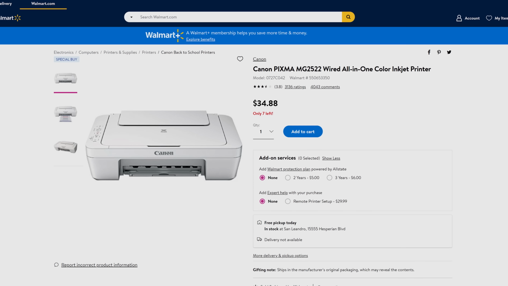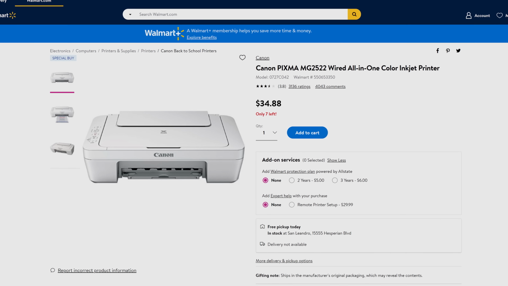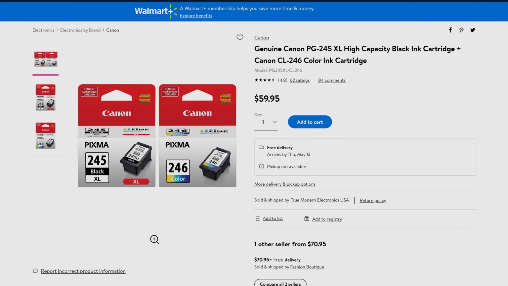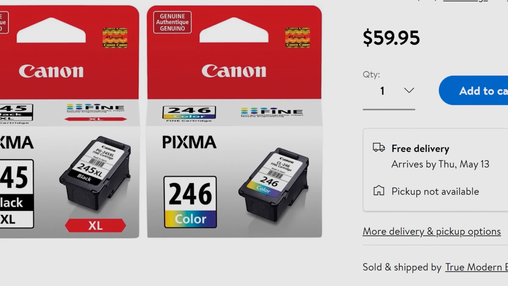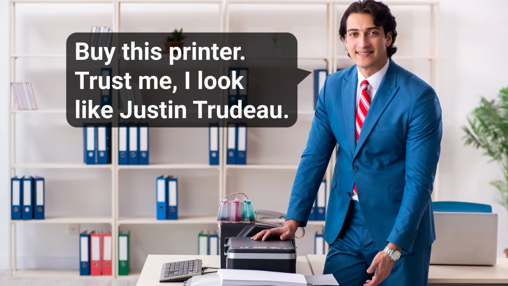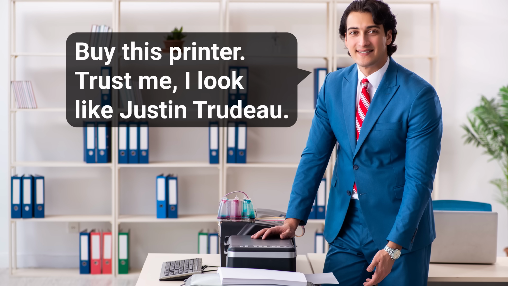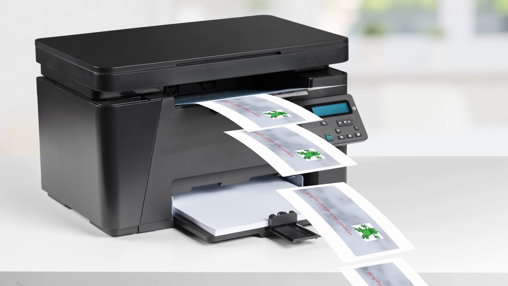Moving on. For another example, the reason printers are cheap and ink is expensive is because printer companies make most of their profit on ink cartridges, which they can sell over and over and over again, as opposed to the printer, which they can only sell once. Lure an unsuspecting grandma in with a cheap printer, and you've got a sale every time her grandkids come over and print 60 copies of their beautiful artwork.